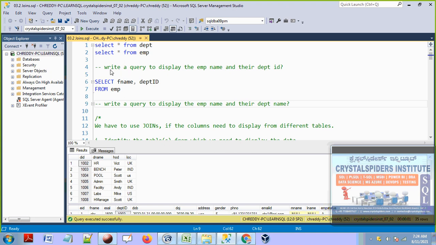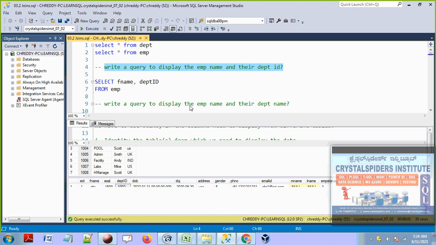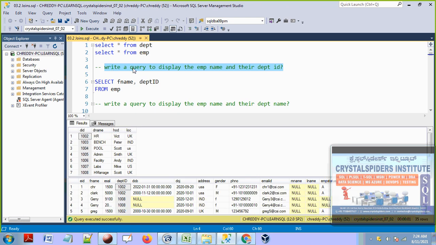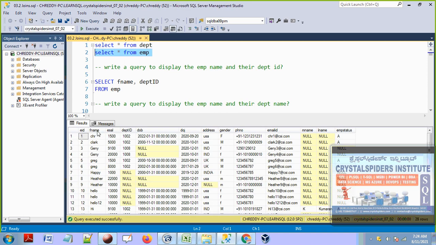Okay, so now here: write a query to display the employee name and their department ID. The requirement here is to write a SQL query to display the employee name and their department ID. These 2 details are there in the employee table, guys. Employee name is there and also department ID is there.